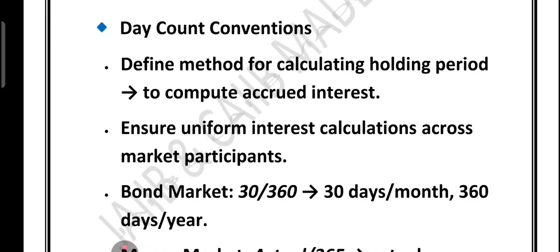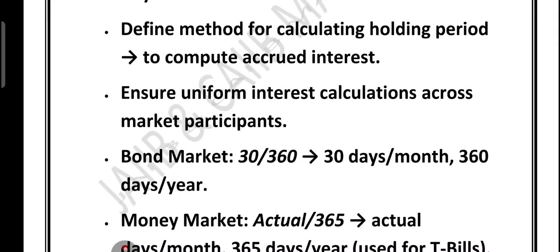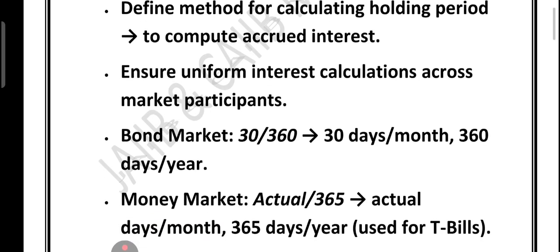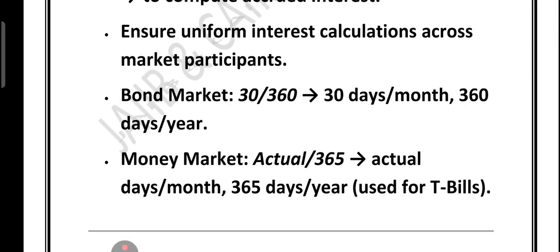Right now we are talking about day count convention. It is a method which we use to count the number of days between two dates, and using this method we calculate the accrued interest. What is the meaning of accrued interest? Basically, the interest earned between two coupon dates is called accrued interest. There is a convention which makes sure that everyone in the market follows the same standard so that interest calculation remains uniform. If we talk about the bond market, the standard method is 30/360,